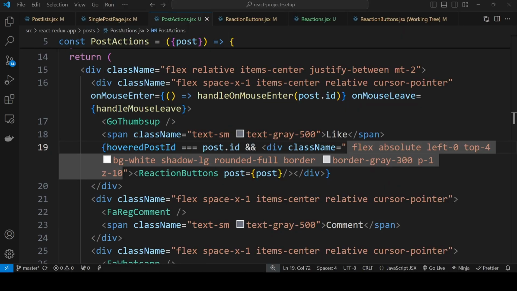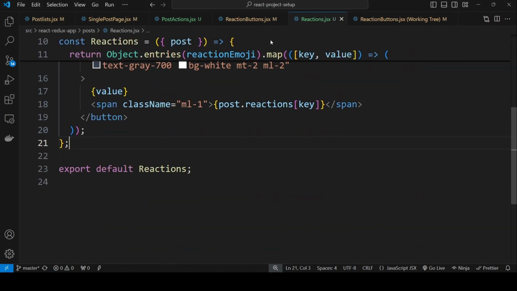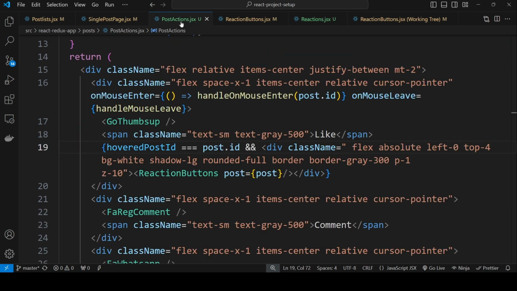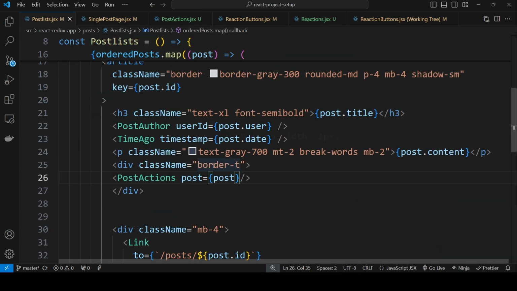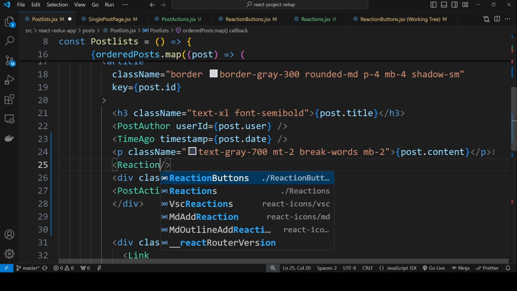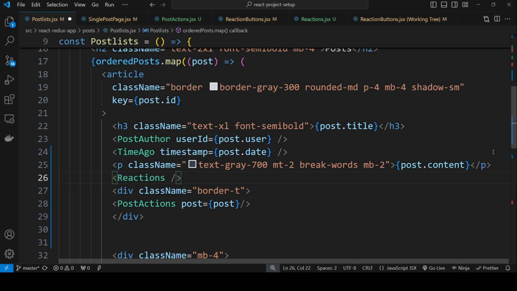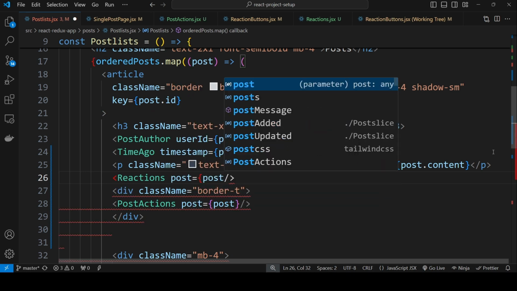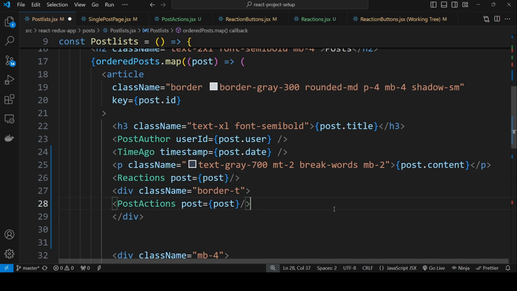we already created a component called reactions. Let me copy this and then go to post list. Just above the post action buttons, add it, for which again we should pass post data as a property. Let's save, and then come to